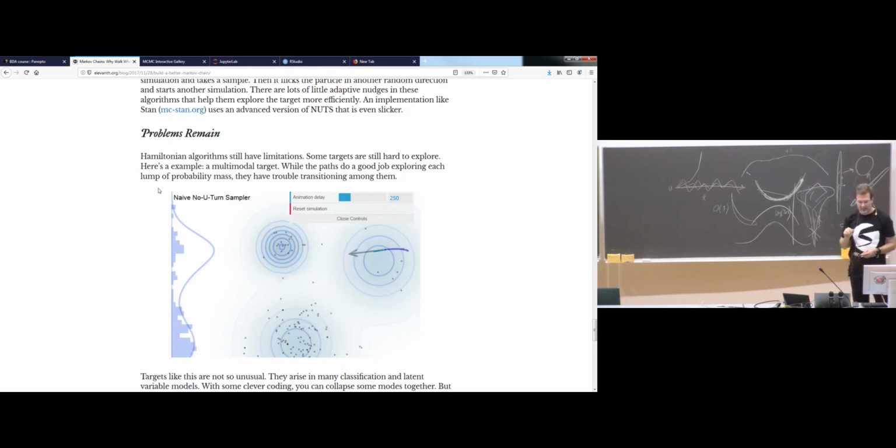But if you think that we would have 3 modes in 3-dimensional space, it's more likely that in a random direction there's no other mode. So the more dimensions we have, the smaller the probability that we would randomly jump in a direction where there's another mode.